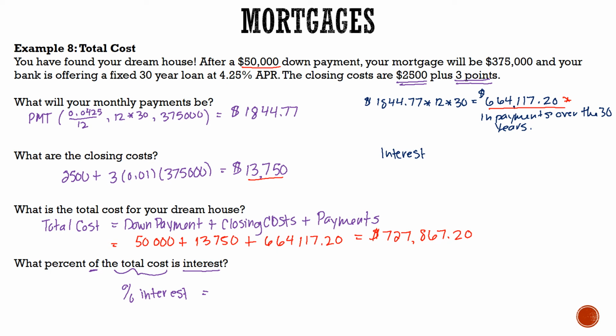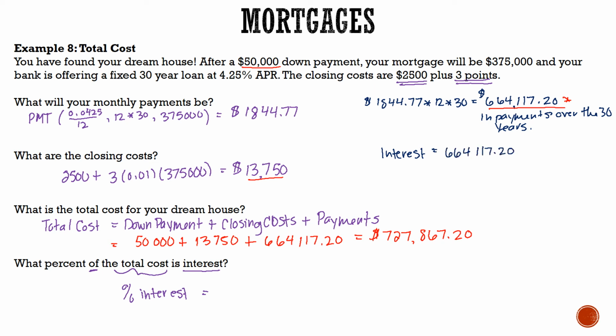Interest has nothing to do with the closing cost or with the down payment. So we're not worrying about it over in this other part of our calculation. We're just focusing on the amount that our payments added up to compared to the loan amount that we took out. So the interest is going to be equal to the